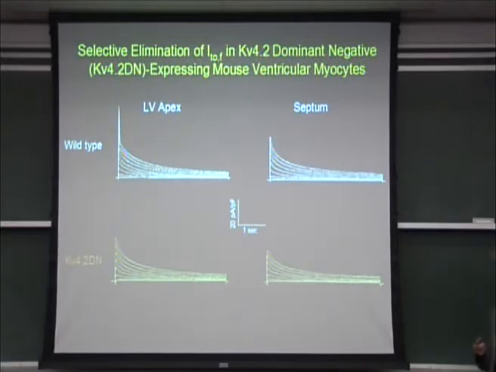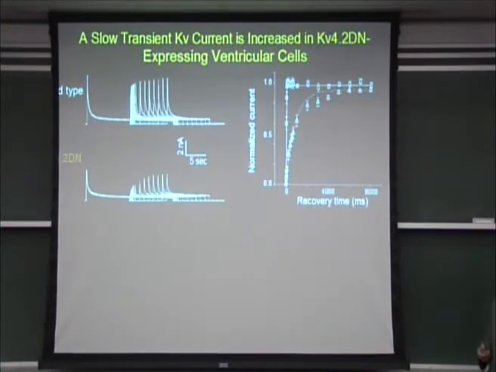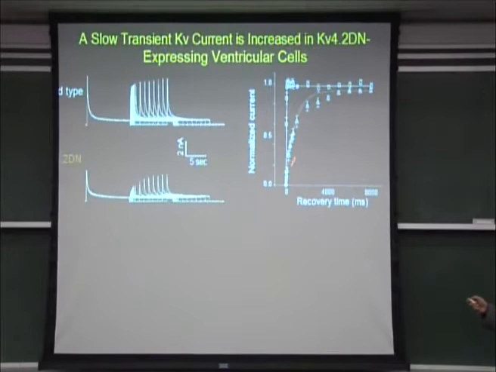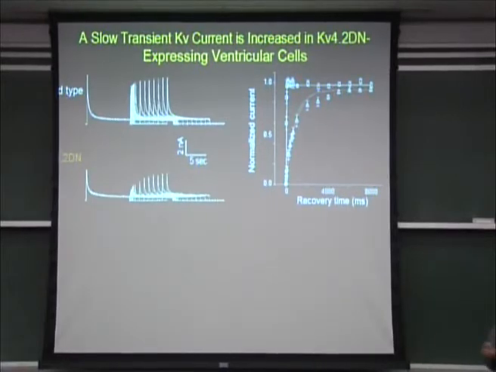So there was remodeling, if you will, of the potassium currents as a result of losing or eliminating one. And one of the signatures of this finding was that in the dominant negative myocyte, the rate of recovery of the peak current from inactivation was very slow, with a time constant very similar to what we saw for the slow transient current in the septum cell. And this is a fast recovery for ITO fast in wild-type